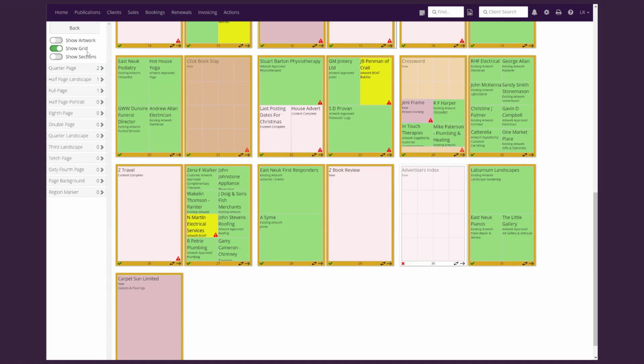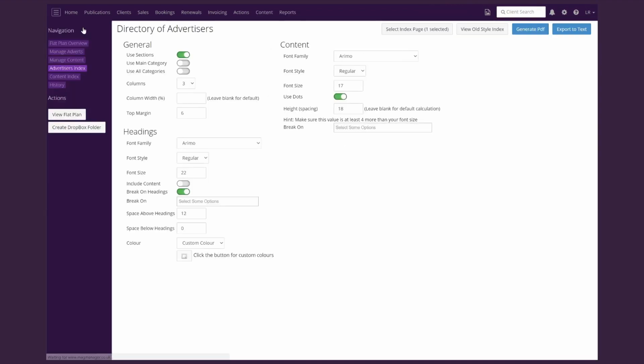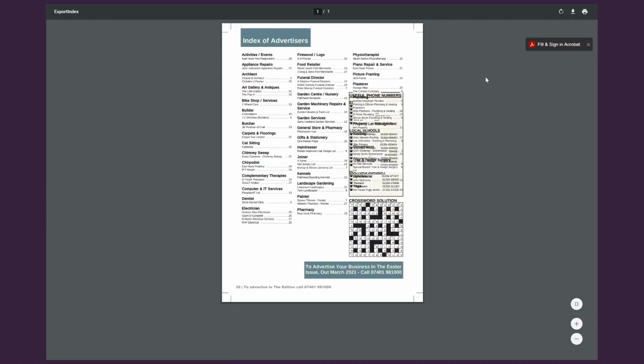Okay, so from here we're going to click on the back button, and that's going to take us back to the Advertisers Index main settings page. What I recommend you do now is click Generate PDF. That way it's going to give you an idea of how the layout's going to look in relation to the template that you've uploaded. So you can see here I've got gaps in the bottom left and the centre, and it's overrun with text on my phone number section here, so you can see that that isn't quite right, but